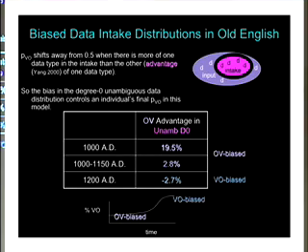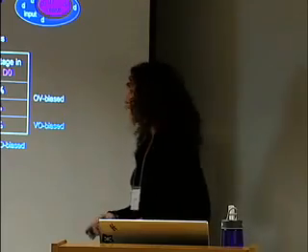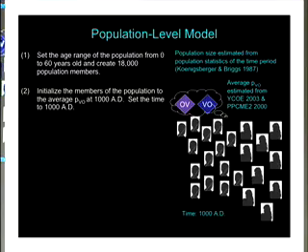And this drops from 1000 to 1150 AD to about 2.8%. And then it flips at 1200, as we might hope, to be actually verb-object biased. Because again, the trajectory that we're actually hoping to get is to be object-verb biased before 1150 AD and verb-object biased by 1200. So keeping that in mind, I can turn very quickly to the population level model. And so the age range of the population ranges from 0 to 60. This is an arbitrary range. Again, it turns out not to matter much as long as you don't make it so that only 20-year-olds can survive in the population.